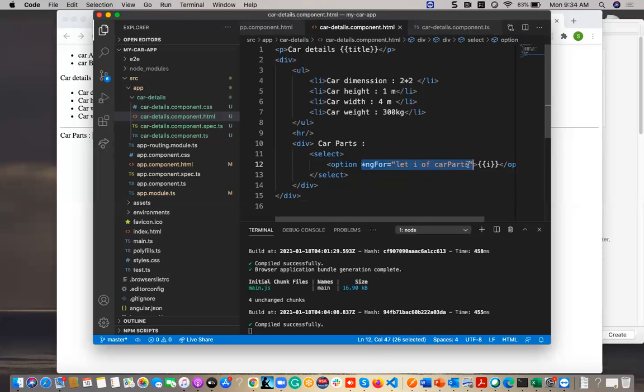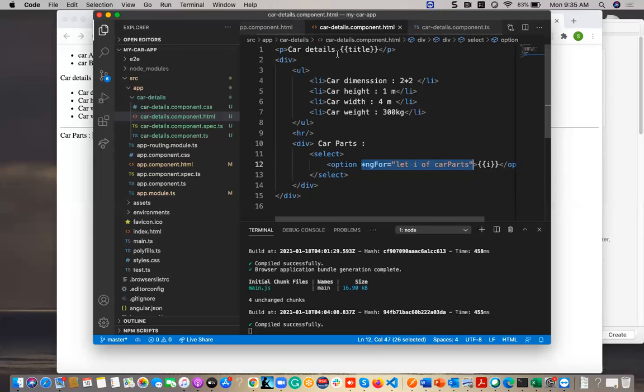Yeah, right. ngFor is for multiple selections. If you want to select an array which should come to the UI, then in those cases we have to go for ngFor. If it is a single value you have and you want to read it in your UI, then you have to go for string interpolation.